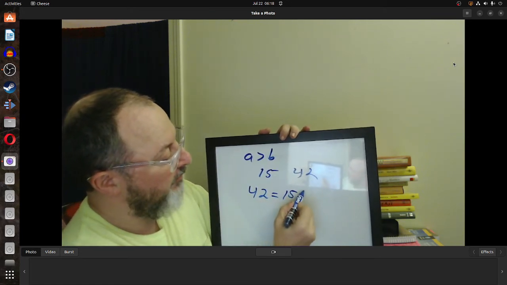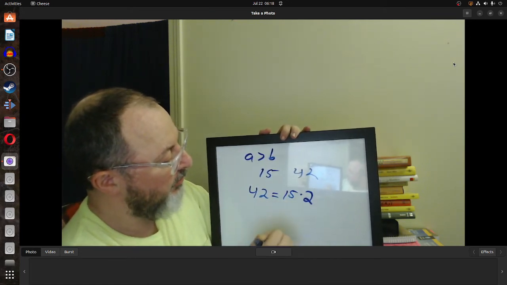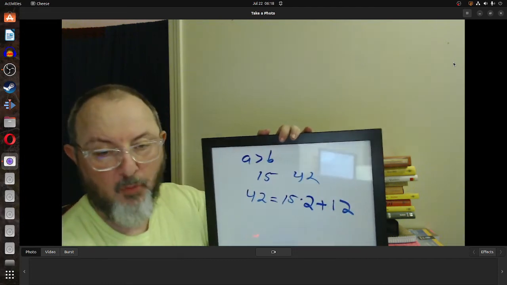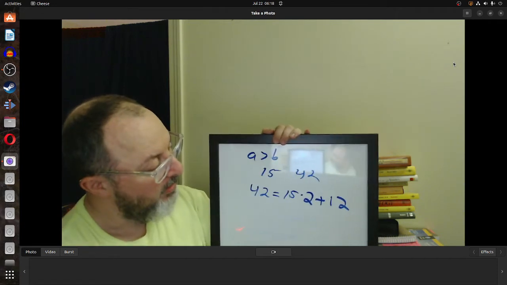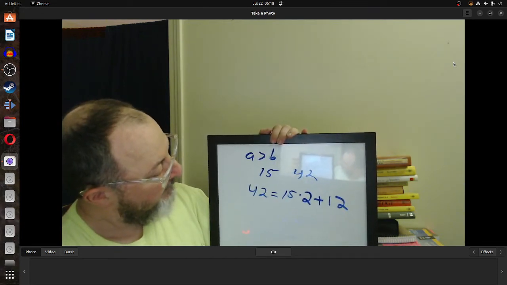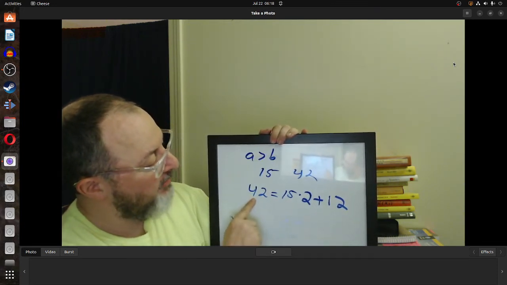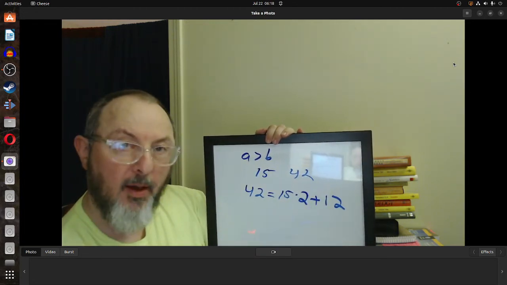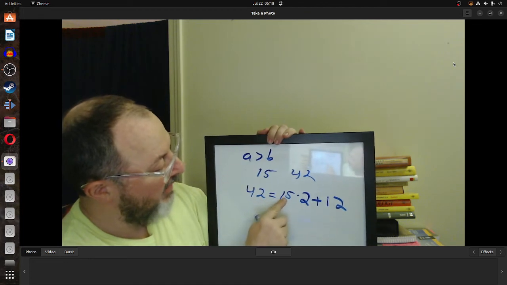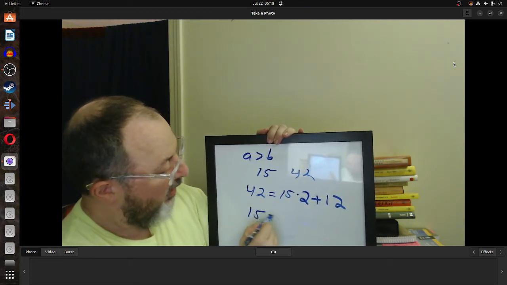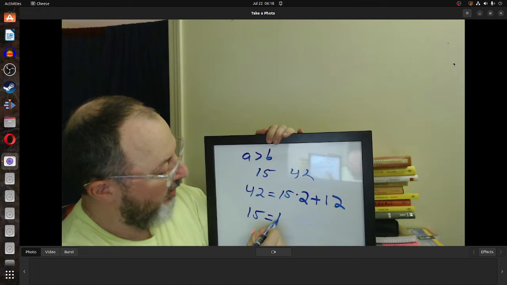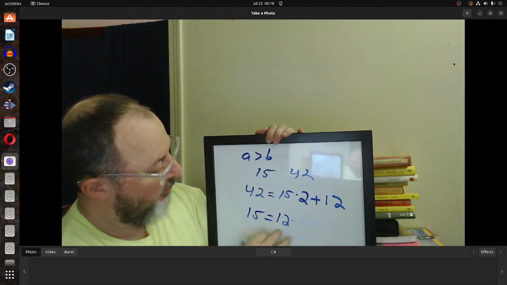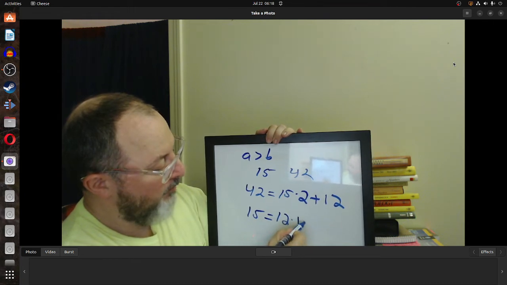So let's do 15 times 2, 30, plus 12. 30 plus 12 is 42. So anything that divides 42 and 15, the common divisor is going to divide 12. So let's take 15 now and write it as 12 times a number. 12 times 1 is 12, plus 3